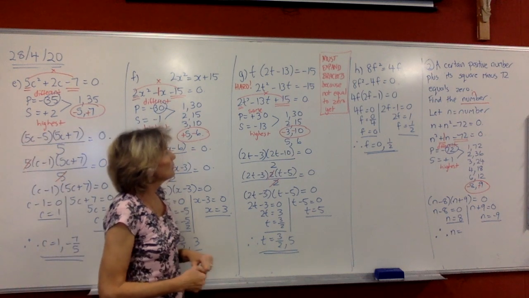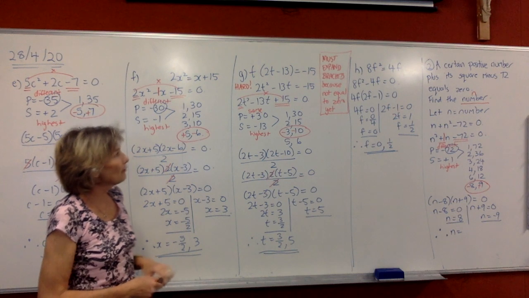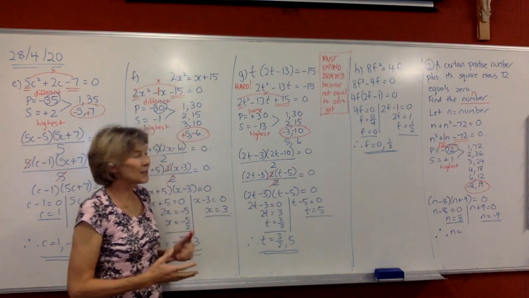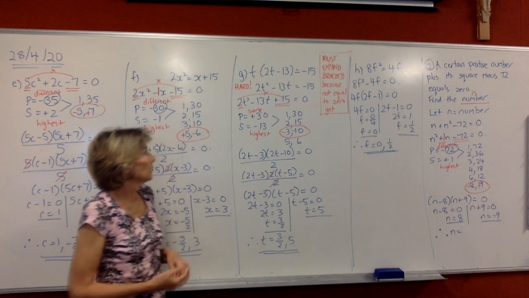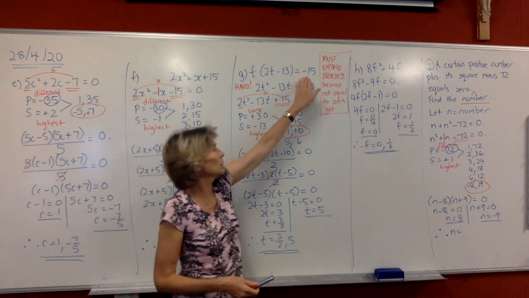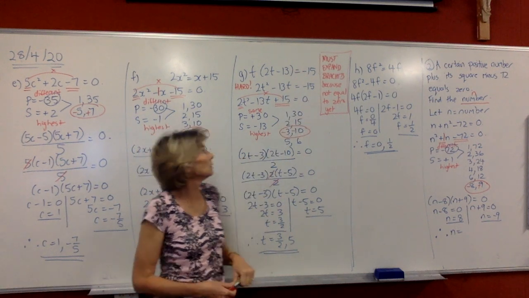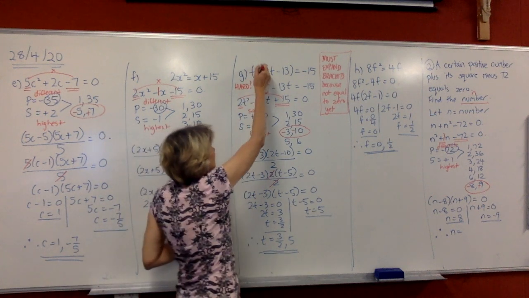Now they're starting to get a little bit harder here, so you've just got to think really carefully. Now I said before that if you have a bracket, don't expand it. That's if it's already set up with the equal 0 and it's ready to go. But at the moment, we don't have it equal to 0. Alright, so we are going to expand the brackets here and see what's going on. So we'll expand these brackets